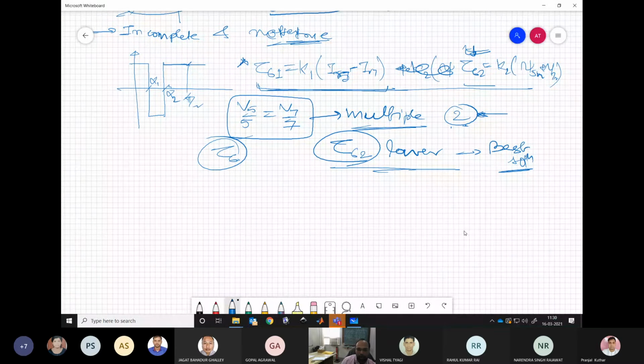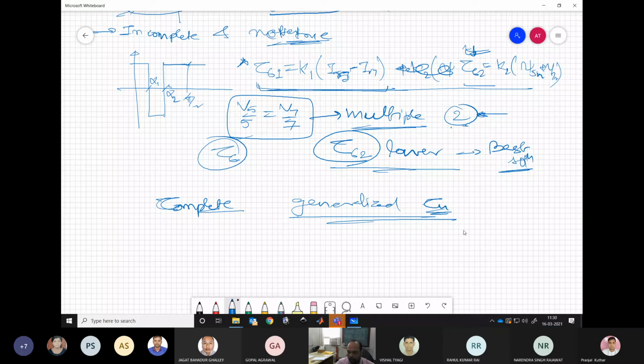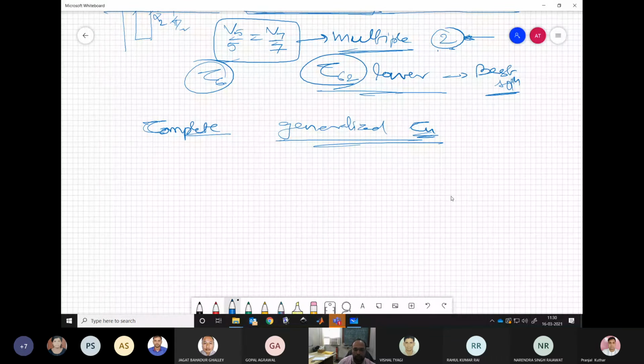So we have found this solution, which is the outcome of our work, and it is something more complete and can be generalized for any tau n. Let us say you have the nth harmonic torque to be eliminated. We have seen that any nth harmonic torque is actually a result of Vn minus 1 and Vn plus 1. These two harmonics are responsible for this torque and not one harmonic. We understand, right? For 6, 5 and 7 are responsible. For 12, 11 and 13 are responsible, and so on.